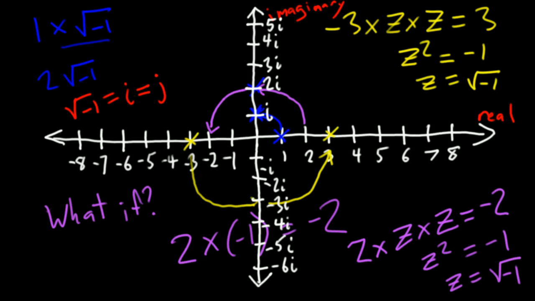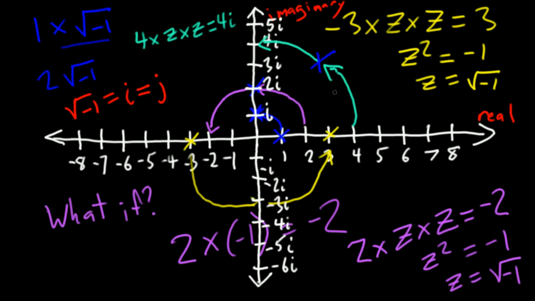Now, is it possible to rotate by other amounts? We've rotated by a half turn, we've rotated by a quarter turn, but could we rotate by, let's say, an eighth of a turn? Well, I think we could play the same exact game. Let's say we started at 4. We wanted to rotate an eighth of a turn to here, and then rotate another eighth of a turn would get us to 4i. So we could play the exact same game and say 4 times some mystery number z times some mystery number z again equals 4i. And we could solve and find out that, yes, in fact, we can have a number that is right here,